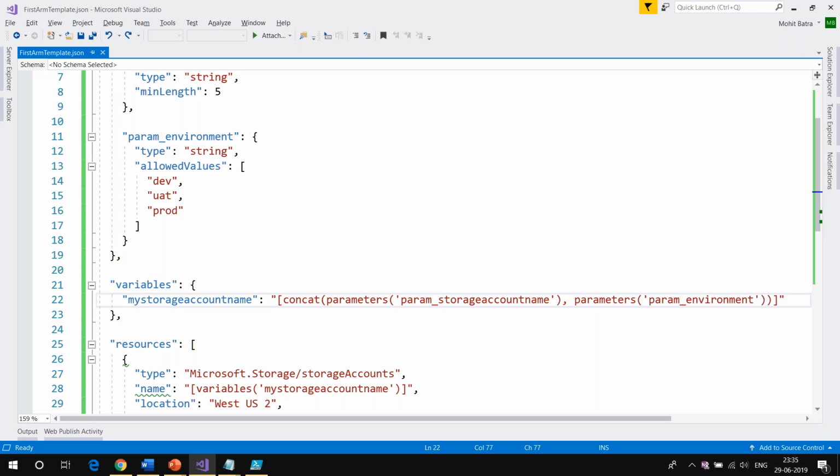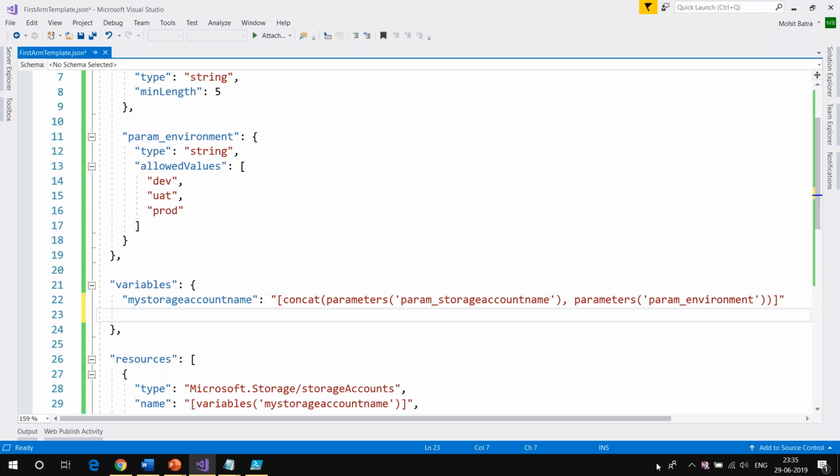And Natraj is saying, to create an ARM template we need to know JSON. Yes, Natraj, if you want to create these ARM templates manually, you need to know the JSON. Okay, and Roshan is saying how to write comments in the template. Good point, Roshan. Let me see. Roshan, I'll just come back to this one. Maybe you can use the same format. Okay, I think this should work. All right, so this is how you can put comments in the JSON template. So that's how it works.